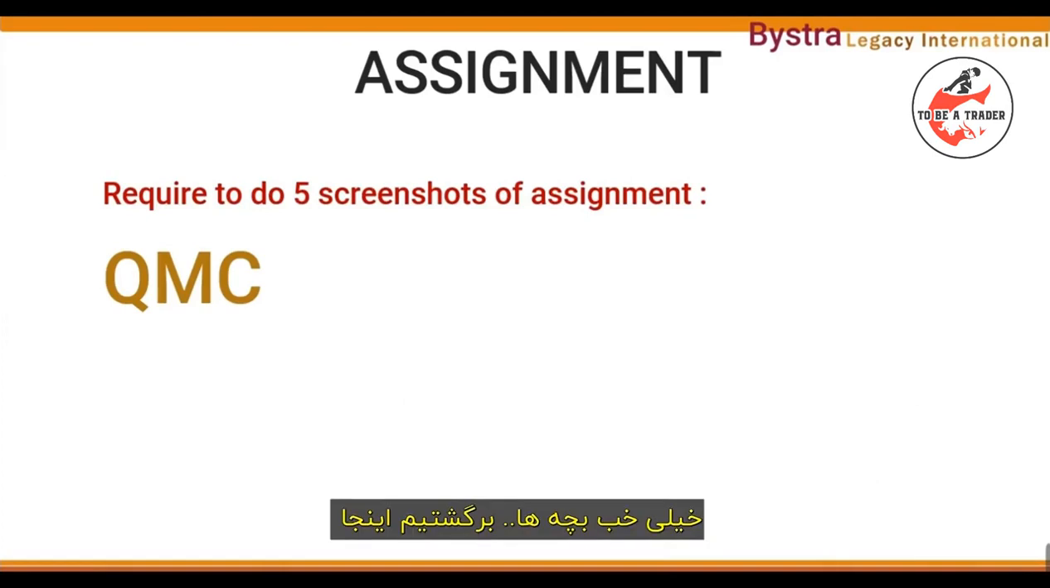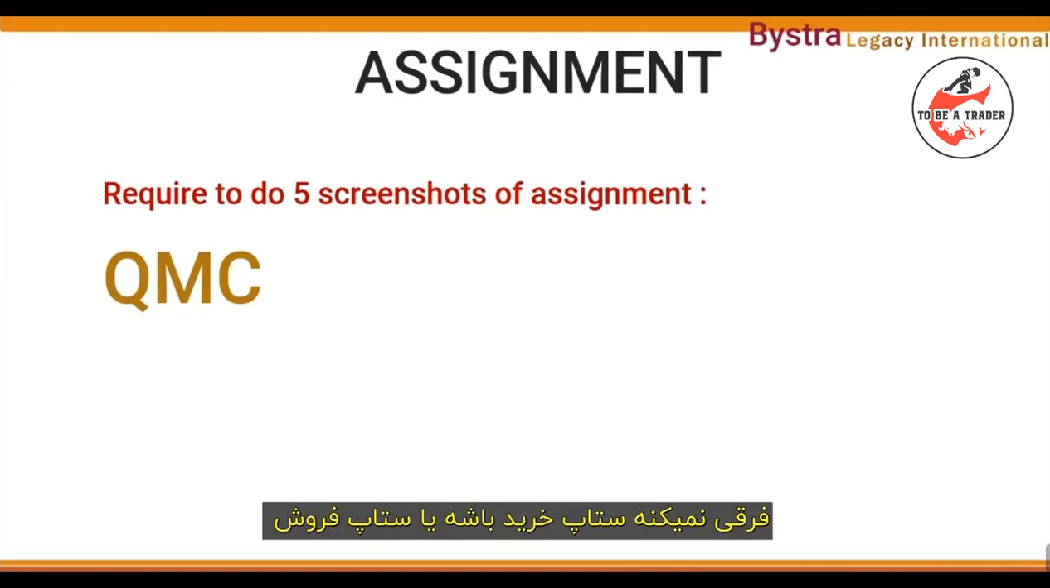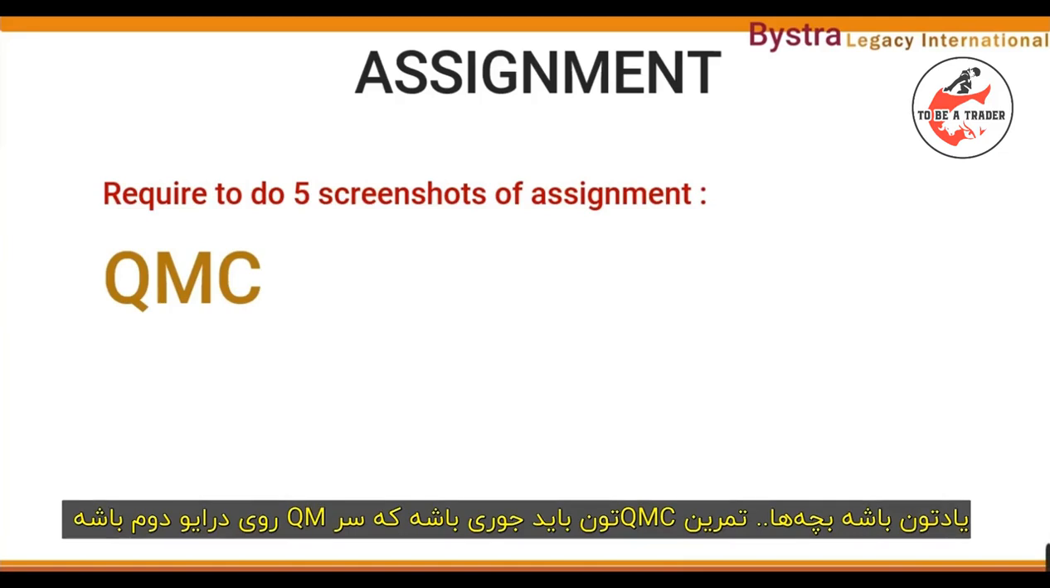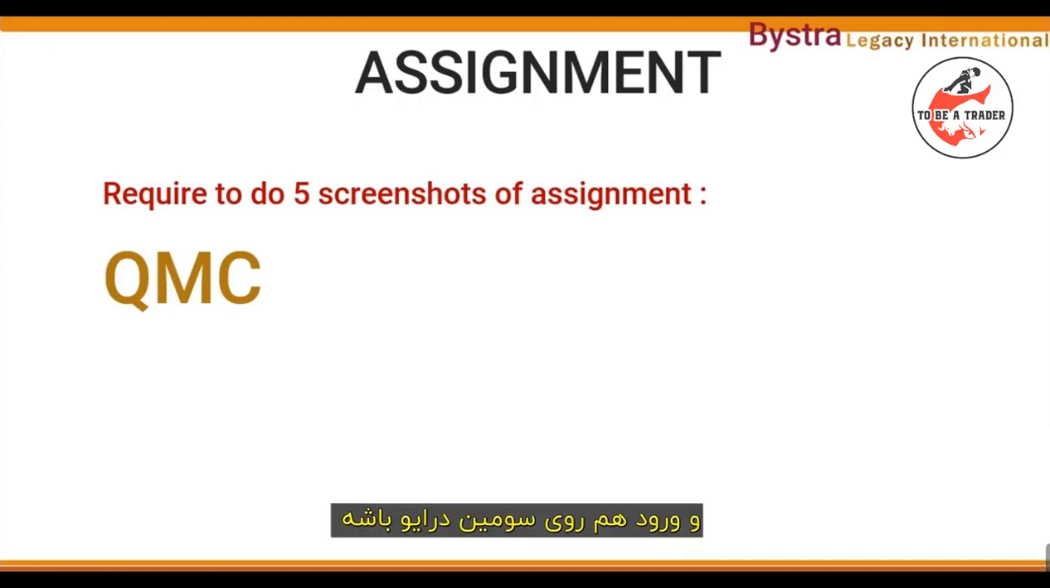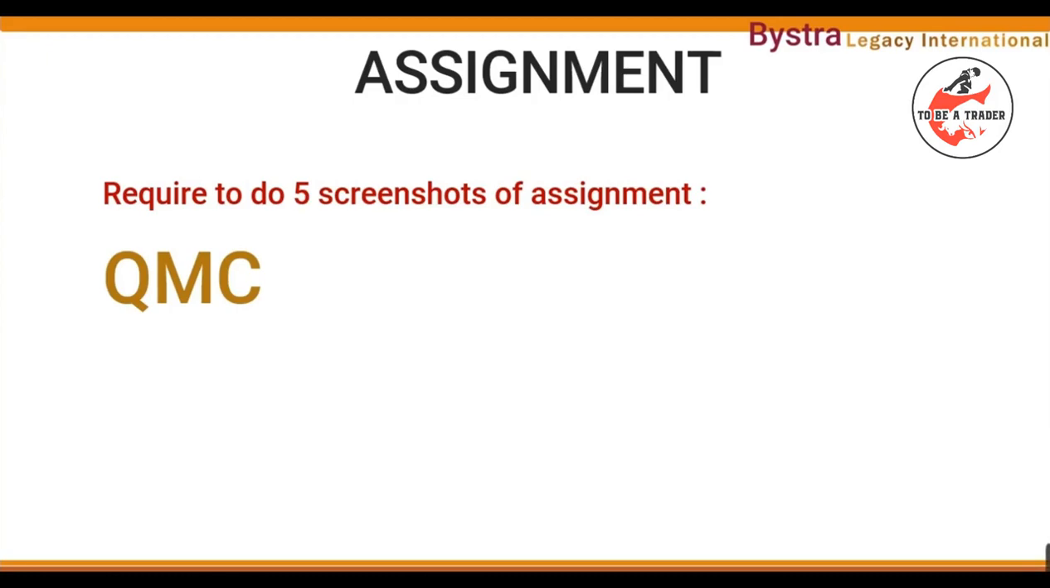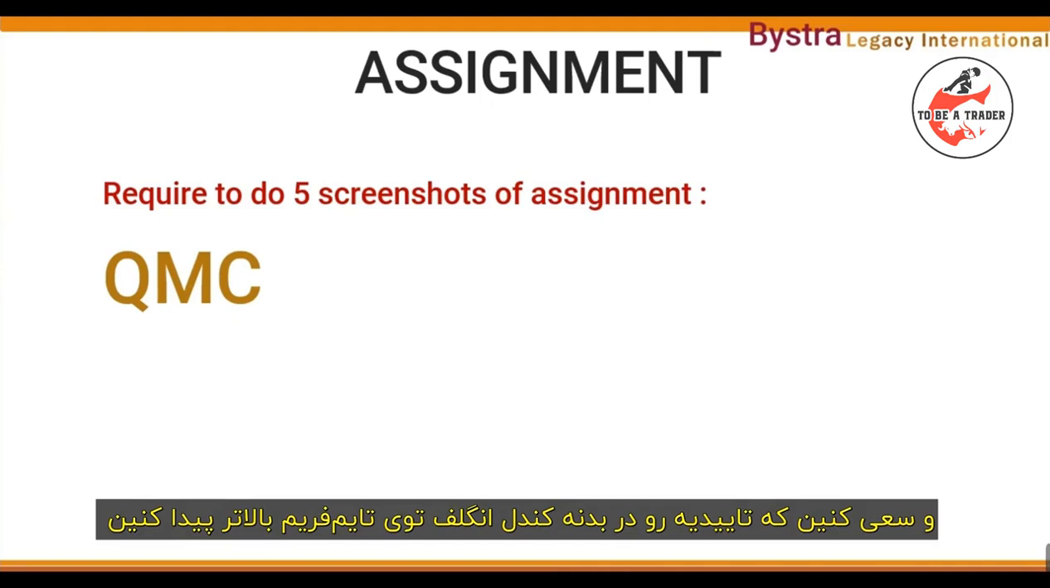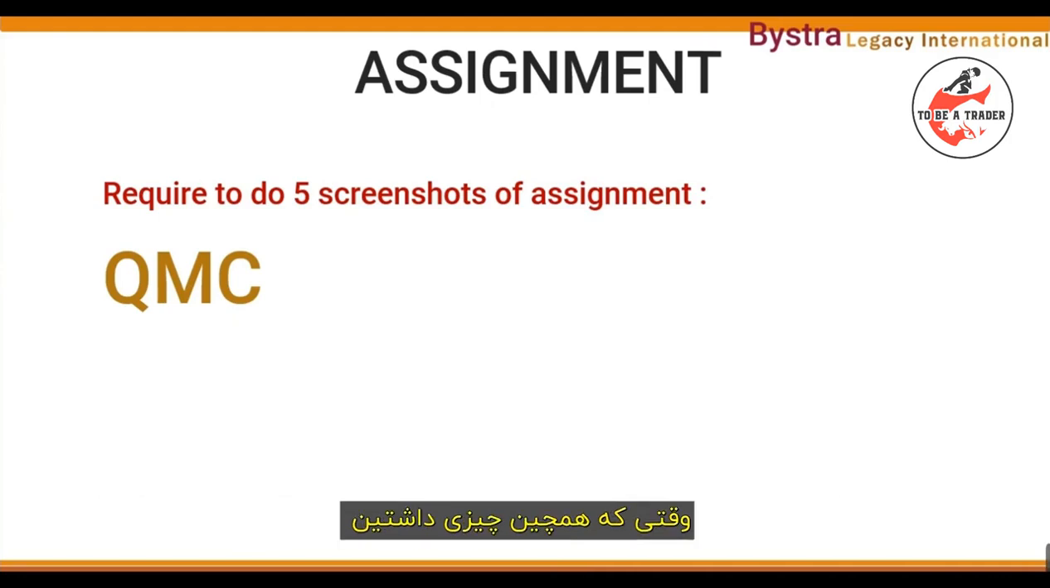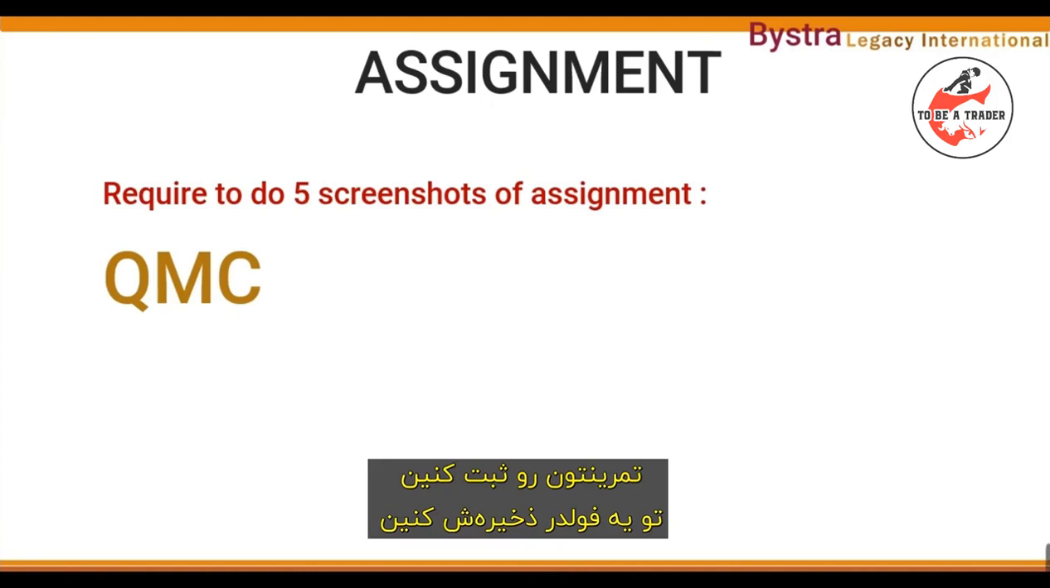Okay, guys. So we're back here. So what you need to do right now is to do 5 screenshots of the QMC assignment. It doesn't matter whether it's a buy or a sell. Remember, guys, your assignment has to be a QMC where the head of the QM is on the second drive and entry at the third drive, and try to find a confirmation at the engulfing body on the higher time frame. So once you have this, draw your assignment, keep it in a folder,